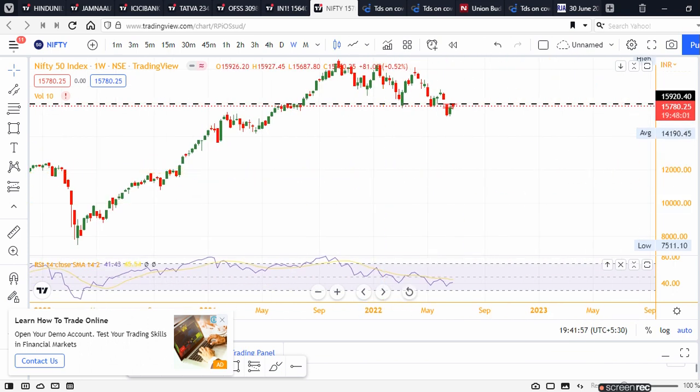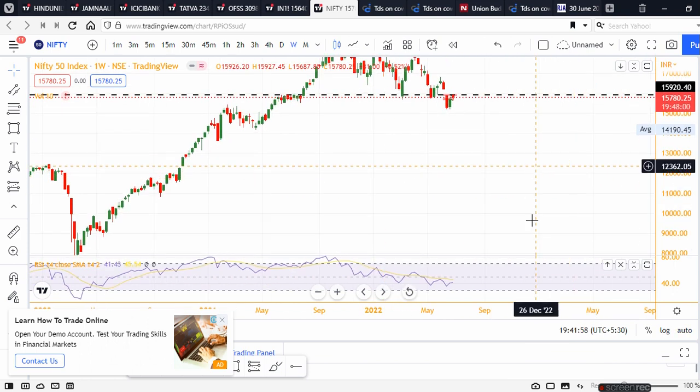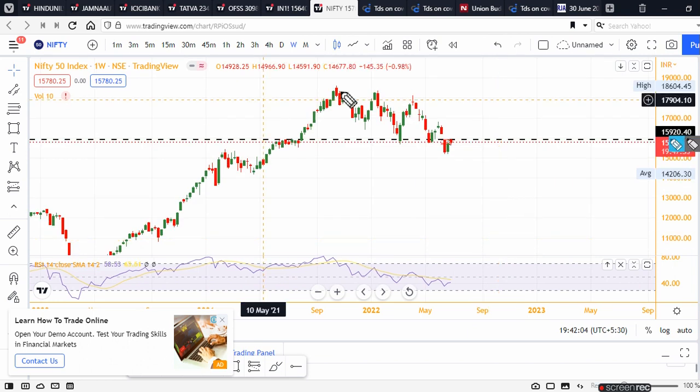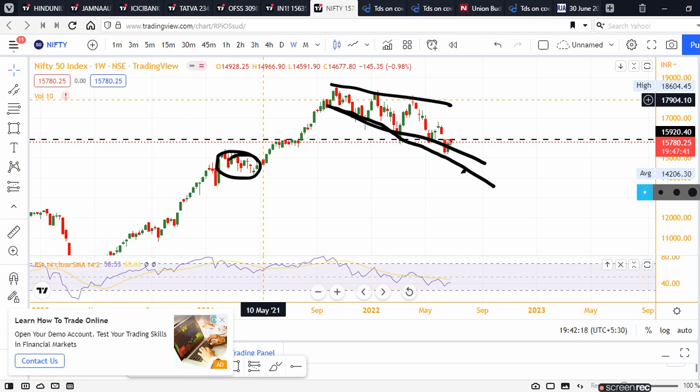Why are we discussing? On the weekly time frame, like 2 months ago, I told you that market is forming a broadening pattern. Broadening pattern is somewhat like this. Market is forming a kind of this pattern, and I see the pattern. If we draw it clearly, I see it coming somewhere at this range. This I told you like 2 months back. Market is exactly doing that, but it is not something that we want this for tomorrow.